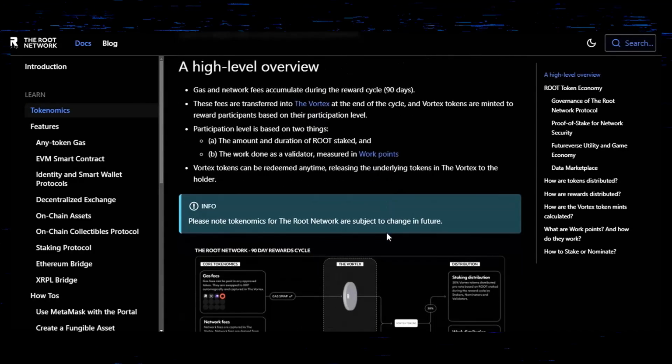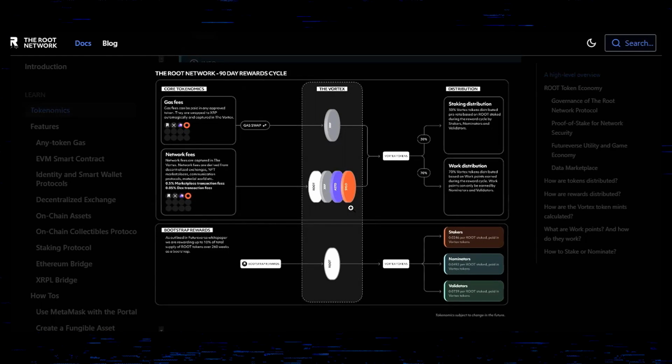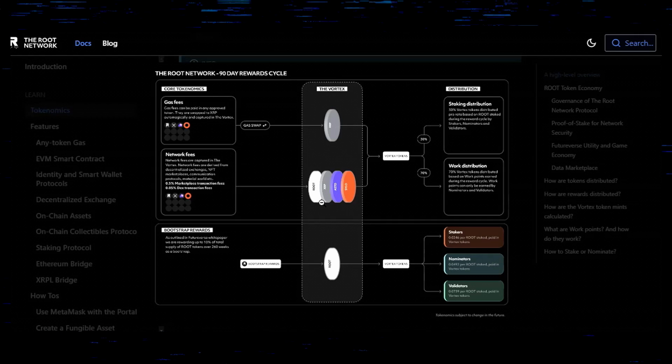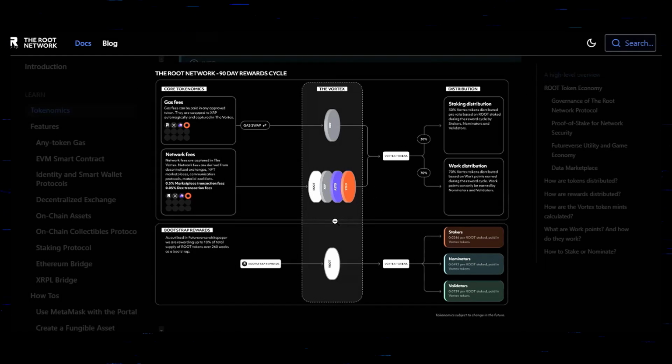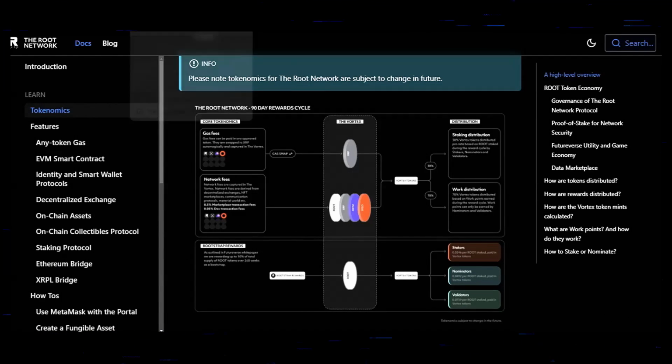This is a big document. There's a whole bunch to look over. We have an episode explaining how all of this works. Link is above, so be sure to click on that if you want to learn all about how the vortex works and tokens are distributed. There are 4 tokens currently within the Futureverse ecosystem: Root, XRP, Asto, and Silo. These are used for various things within the ecosystem. Again, check out our episode. It explains all of this in deep detail.